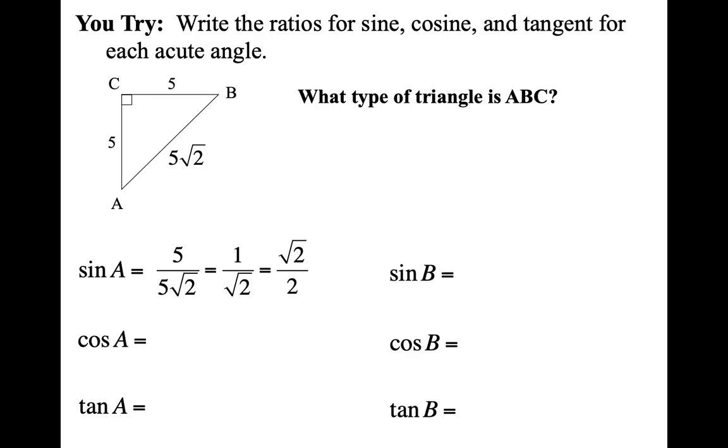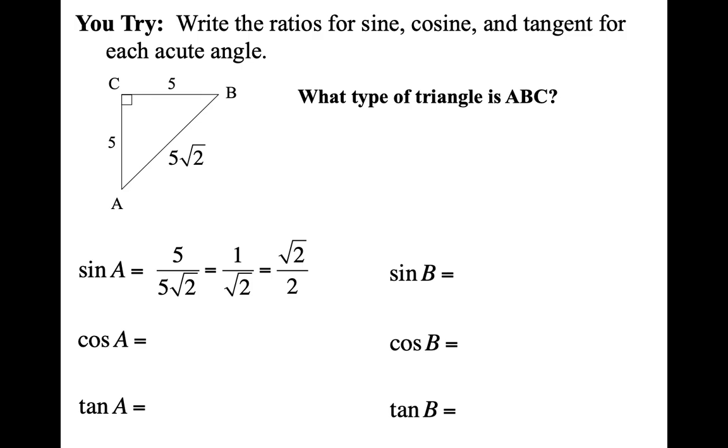Now, when we were doing our special right triangles, we talked about grammar and how dividing by the square root of 2 without a calculator is extremely hard. So when the grammar of mathematics was developed, we never wanted to see the square root of 2 in the denominator. And so we want to do what we call rationalizing the denominator. To do that, we want to multiply by a number equal to 1 that will give us a perfect square in the denominator. So I want to multiply by square root of 2 over square root of 2.